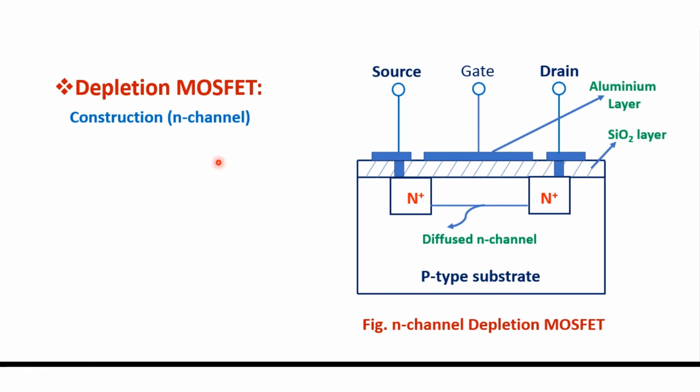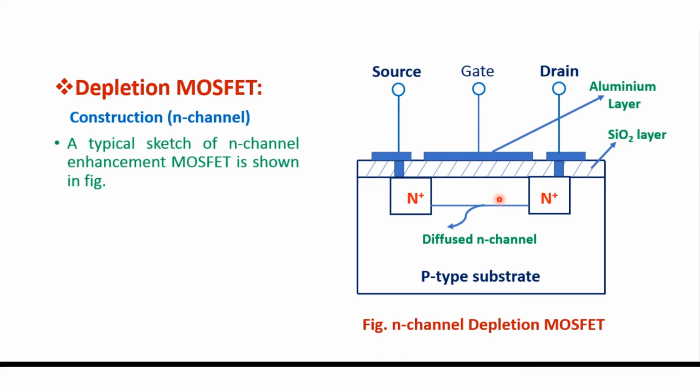So here this depletion MOSFET consists of a lightly doped p-type substrate, that is p-type silicon. On the p-type substrate, two heavily doped N regions are diffused. So this is one of the regions and this is another region. One of the two regions is called the drain, and the other N region is called the source. Between these two regions, a lightly doped N channel is formed by diffusion, which makes proper charge carriers available for the initial drain current to flow.